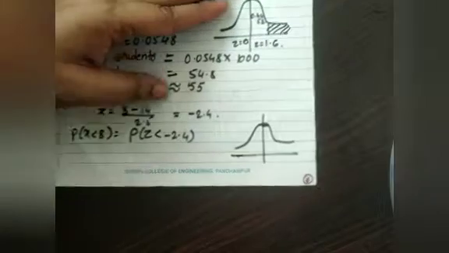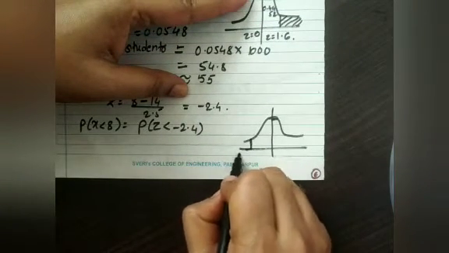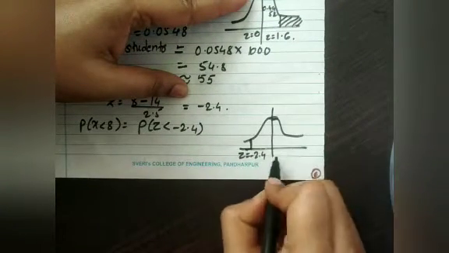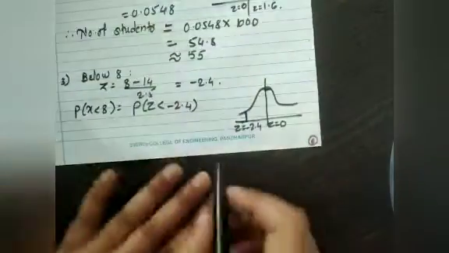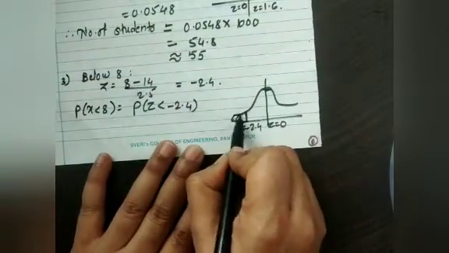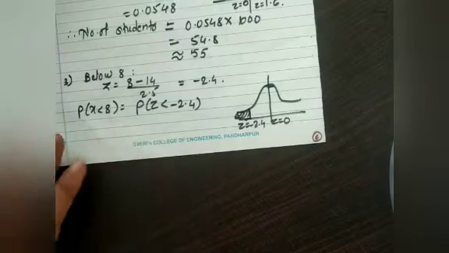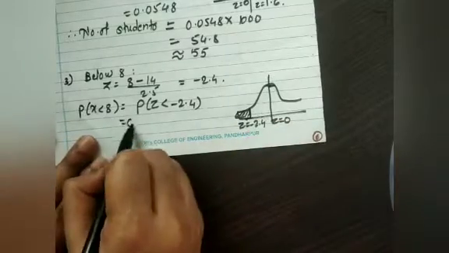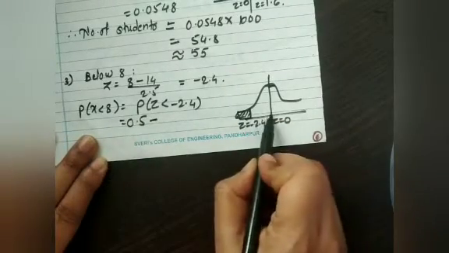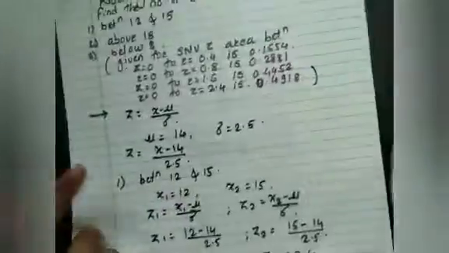So it is minus 2.4, so minus is on this side, left hand side, here z is 0, and as it is less again, so it is on this side less, and again total area is 0.5. 0.5 minus area between z is 0 to 2.4, that is 0.4918,